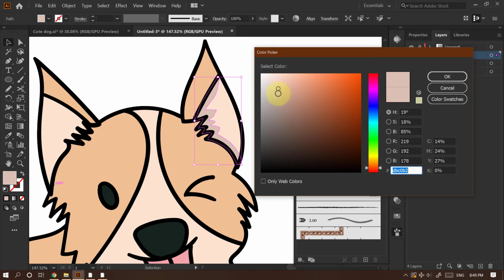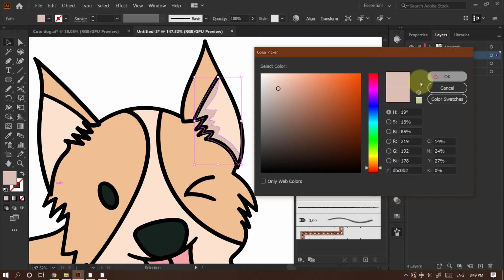So for example, if we want to create highlights, then we have to go to the top. If we want to create some darkness or shadows, we have to go to the bottom. And if we want to saturate our image, then we have to go to the right side, and if we want a less saturated image, we have to go to the left side.